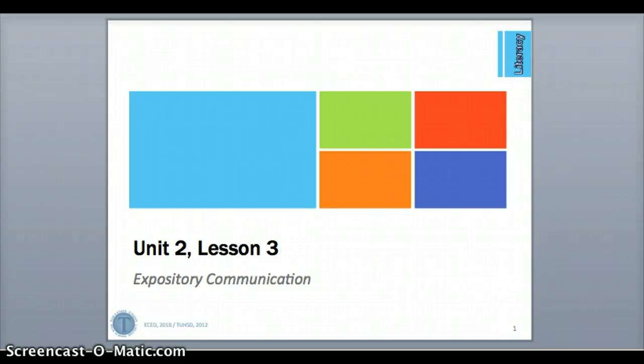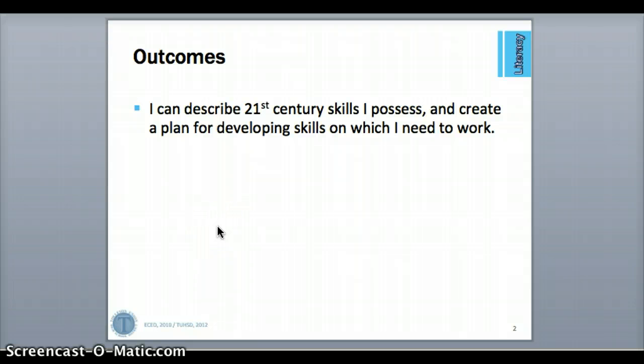Hi everyone, this is a screencast for Unit 2, Lesson 3. I will go ahead and let you read the outcome for this lesson. Basically, students are going to be focusing on 21st century skills, what they are, and how they can develop them